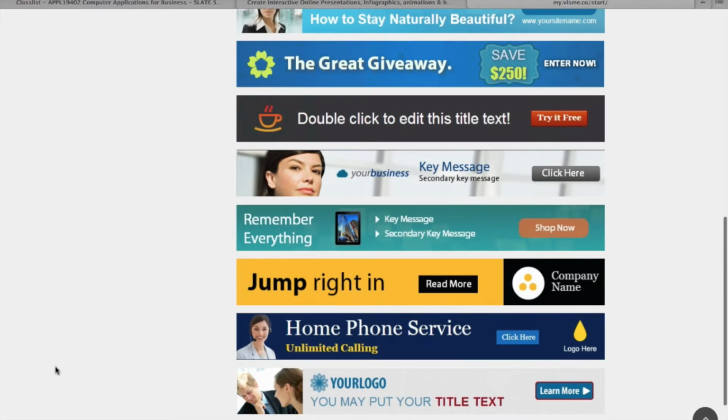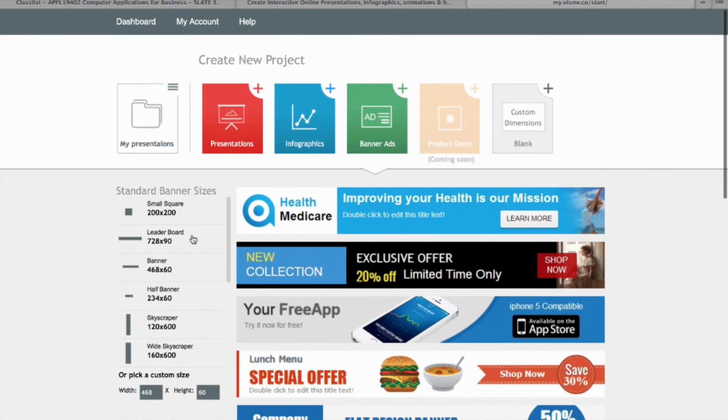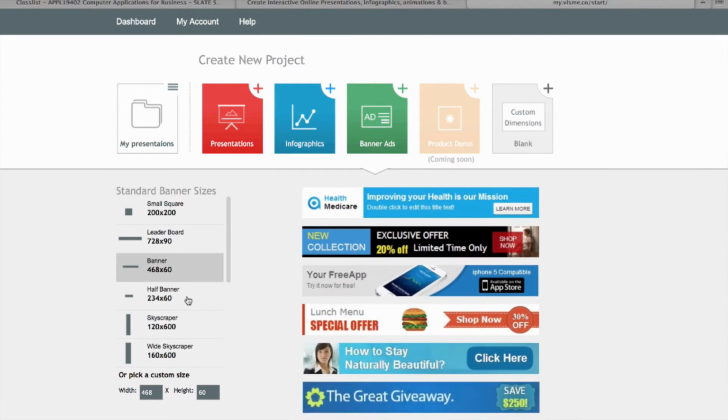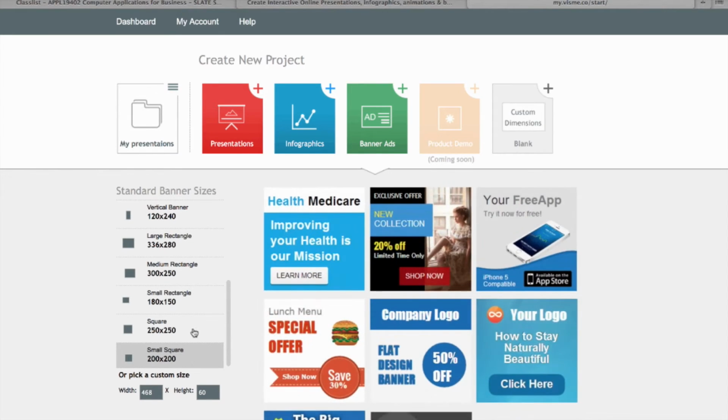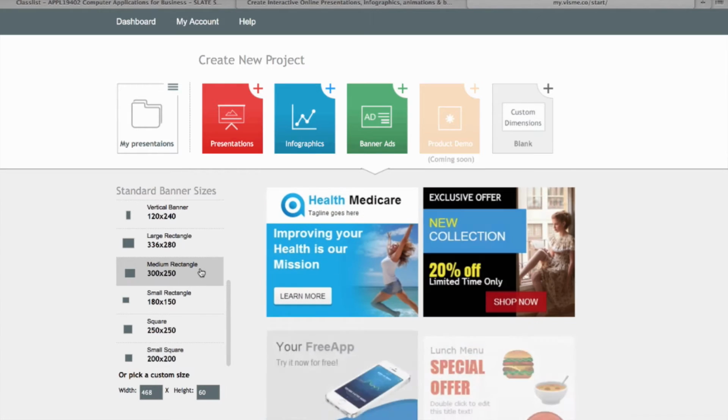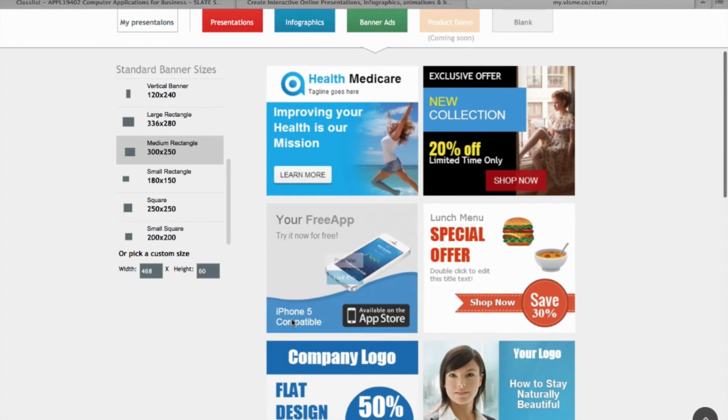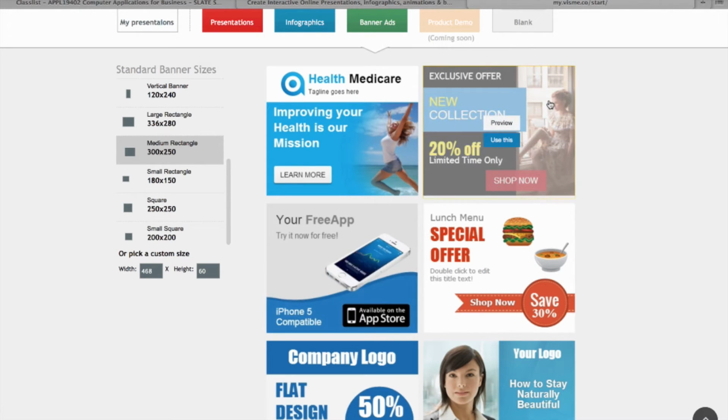have lots of pre-built banners which are really cool, and on the left hand side you can select sizes and stuff like that. So here let me go ahead and select a small square maybe, or maybe a medium rectangle is fine. So from here what you simply do is click on any one of the pre-built